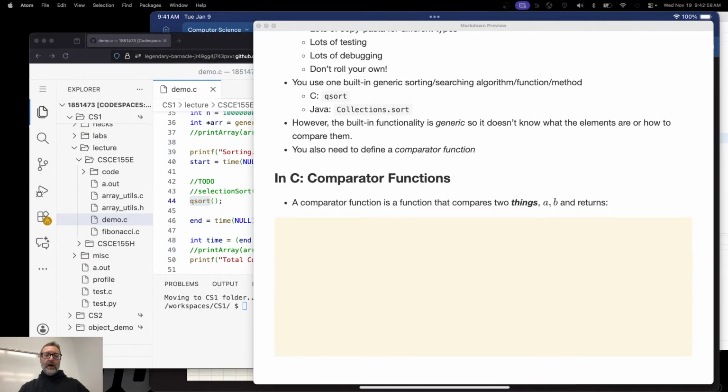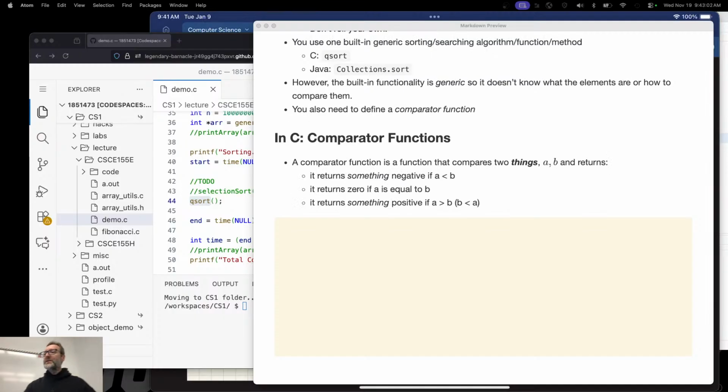Anyway, it has the following pattern. It returns something negative if A comes before B. It returns 0 if A is equal to B. And it returns something positive if A is greater than B, or equivalently, B is less than A. In other words, B comes first.